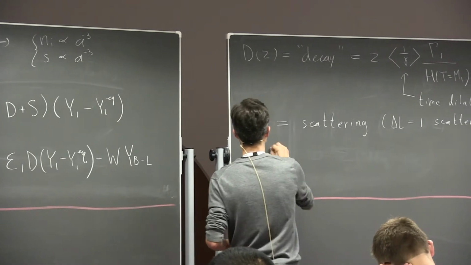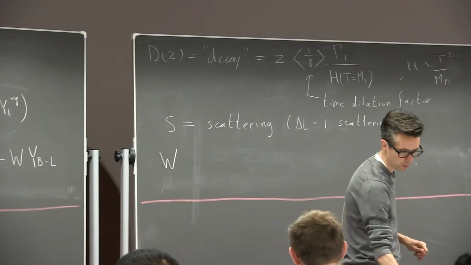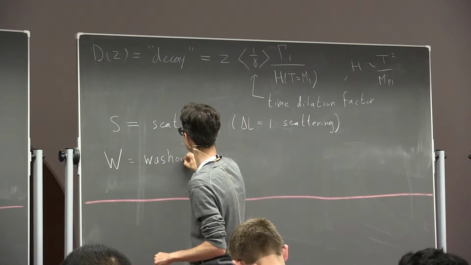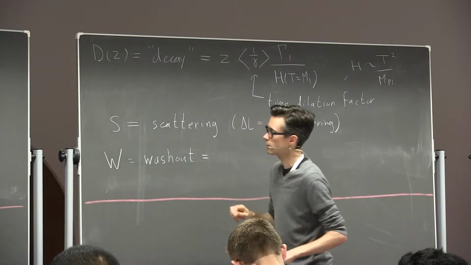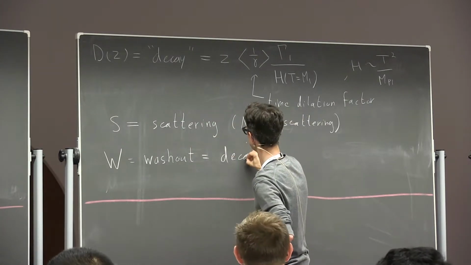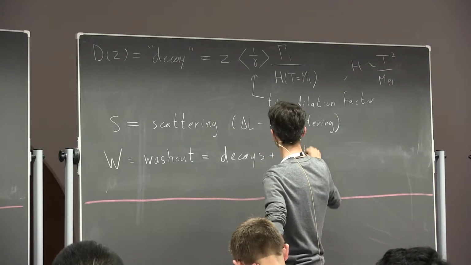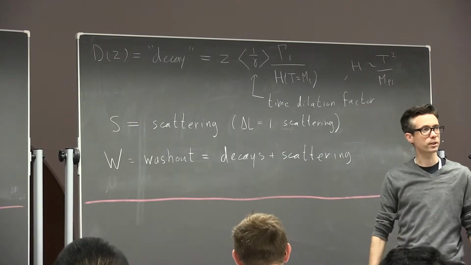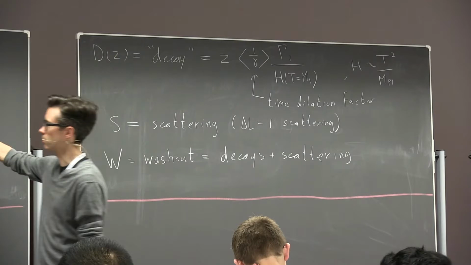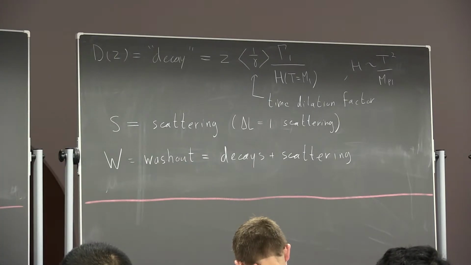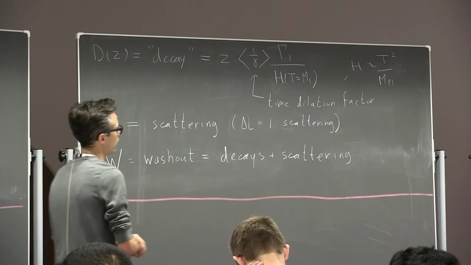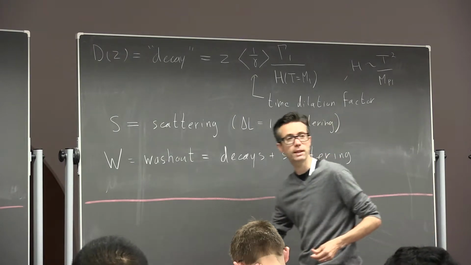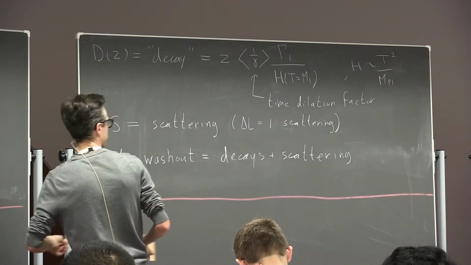And the last piece that I want to talk about is the washout piece. The washout piece comes from both decays and scattering. So what washout means is, suppose I've gone to all this trouble to get my decay symmetry to make some B minus L. That means that typically I have more leptons and anti-leptons in my plasma by a little bit. But if I have more leptons and anti-leptons in my plasma, that means that